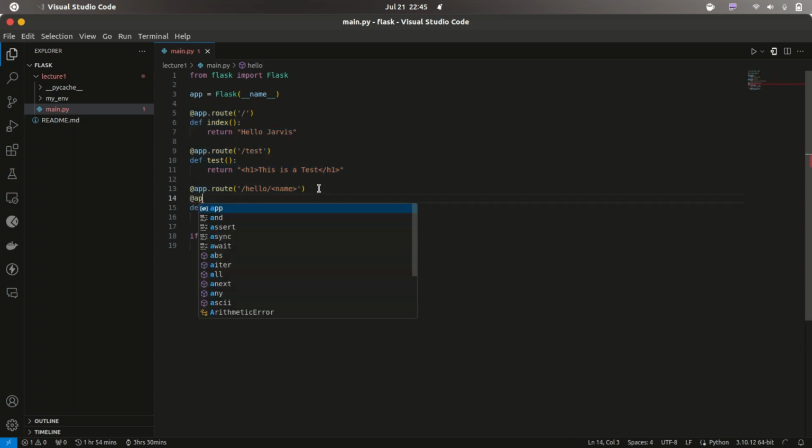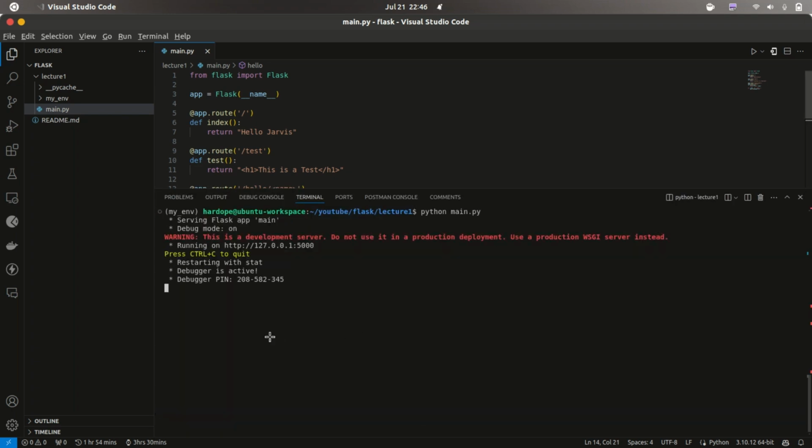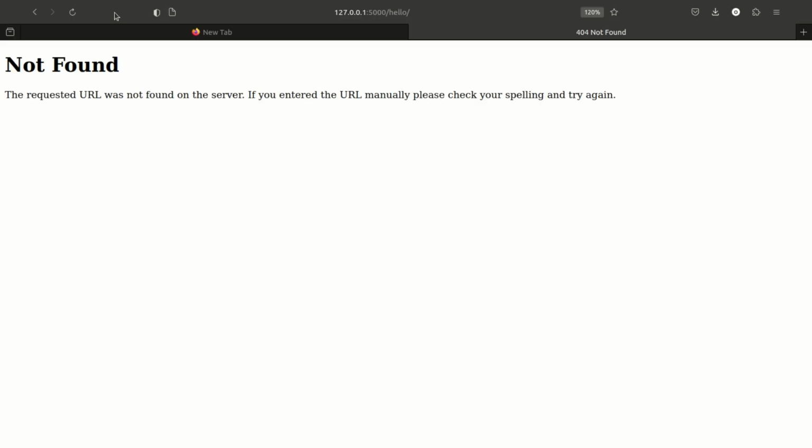So let's say app dot route hello. Now since we are adding hello, we are saying that we don't need to provide the variable anymore. So in this case we need to add a default, but before that, let's just try to run this and see what actually happens. Now we have two different routes linked to the same function. So now when I reload this,